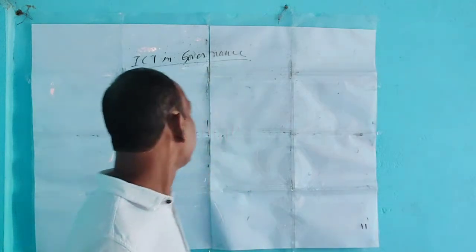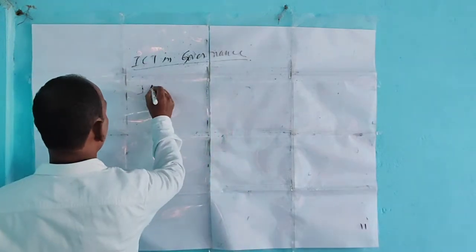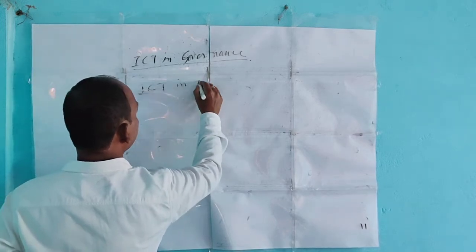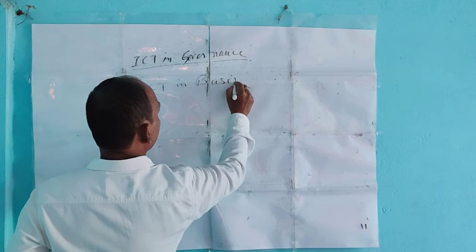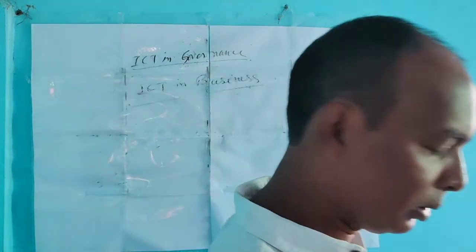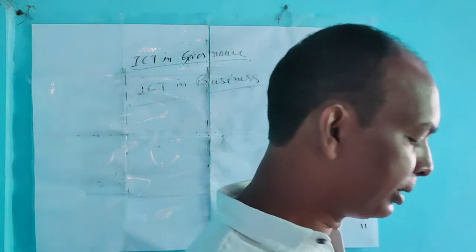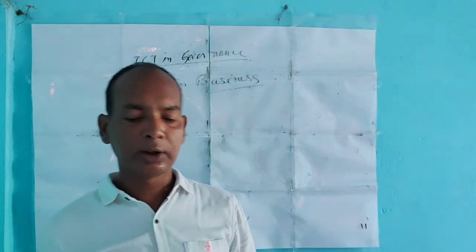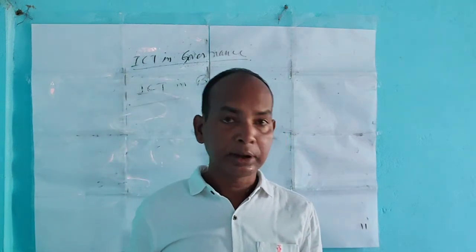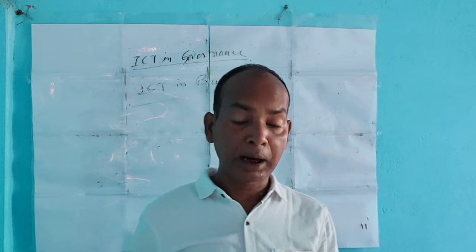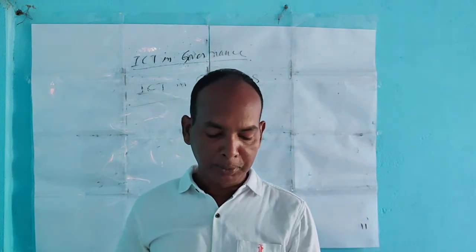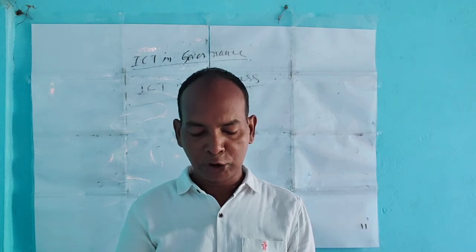Next, ICT in business. ICT in business can help in the following ways. It controls stock availability, keeps records and updates marketing and production figures and strategies, and improves communications by facilitating correspondence through